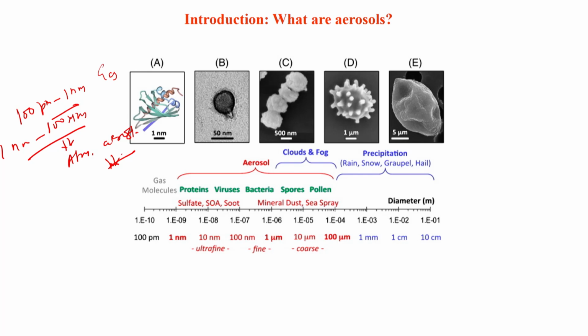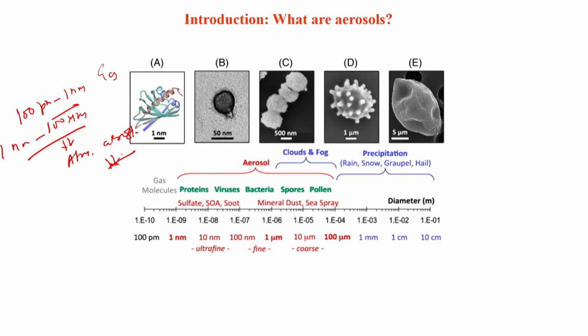Now, if you see the classification here, you can just remember ultra fine, fine and coarse. Okay. We will come to that one, we also have a slide on this. So, fine is in between. If the particle size is between 100 nanometer to 1 micrometer, or 2.5 micron is also taken as fine particles, and less than that is called ultra fine, and more than 2.5 micron particles are generally called coarse particles. So, you have a very different classification here within the aerosols. They are generally classified as ultra fine, fine and coarse particles.